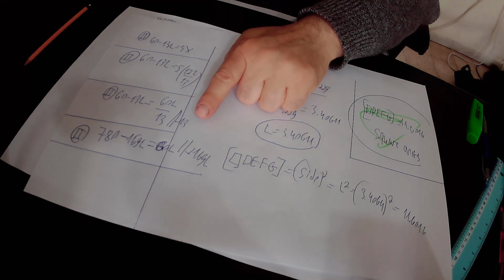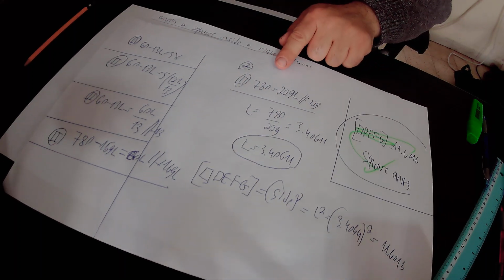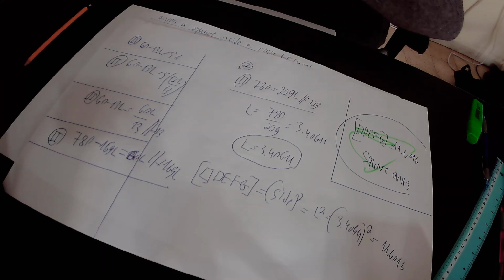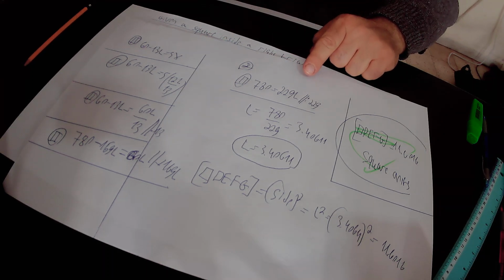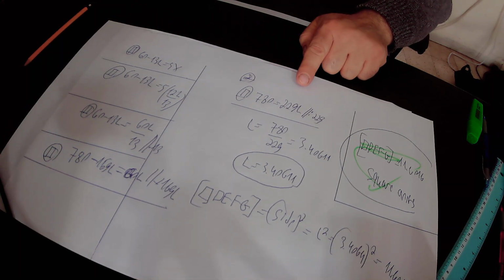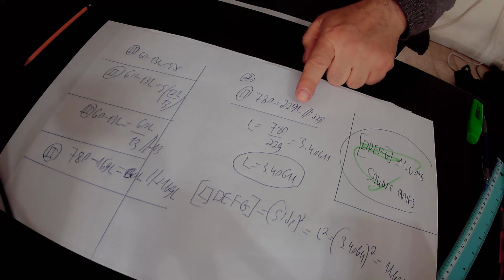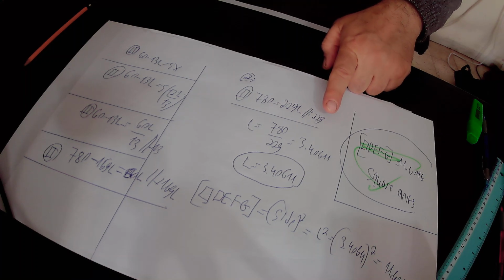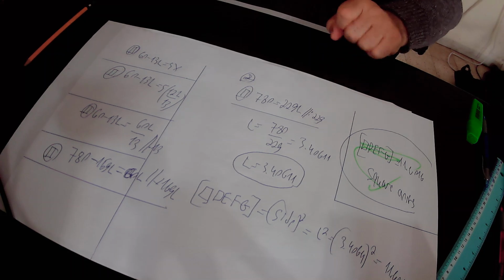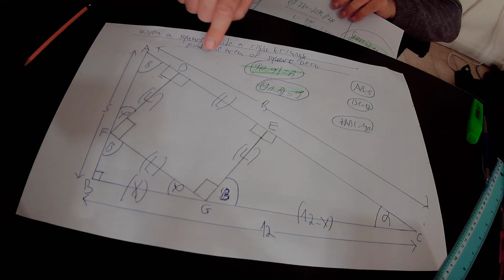Here we add 169L to this equation, and finally find that 780 equals 60L plus 169L, which equals 229L. In conclusion, 780 equals 229L. Here we divide this equation by 229, and finally find that L equals 780 over 229. 780 over 229 equals 3.40611 units. So in conclusion, the length of one side of this square DEFG, L, is equal to